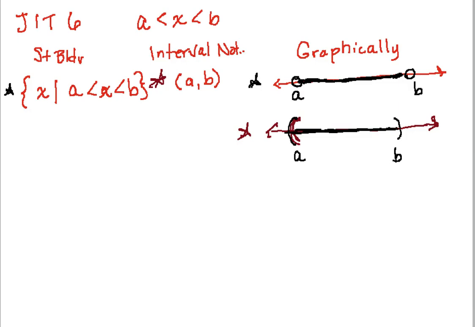So I'm going to have my A is less than or equal to my X, which is less than or equal to my B. In this case, my set builder notation is going to be this. I'm going to have my X